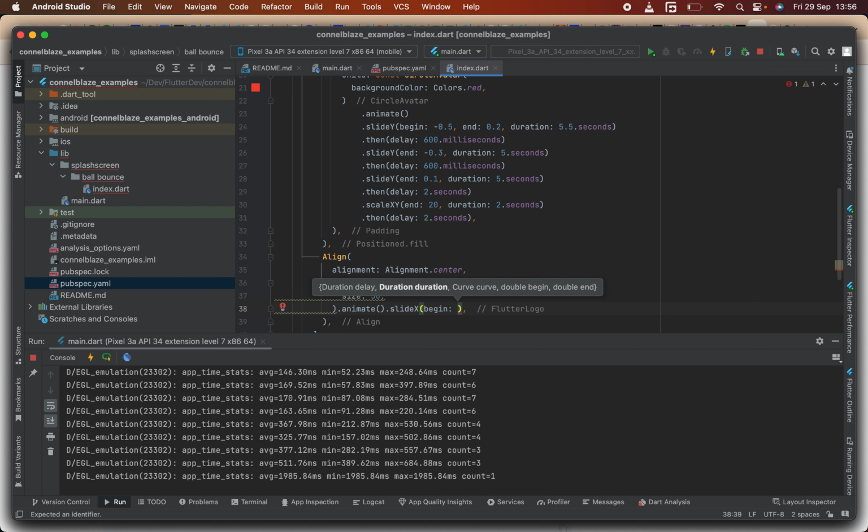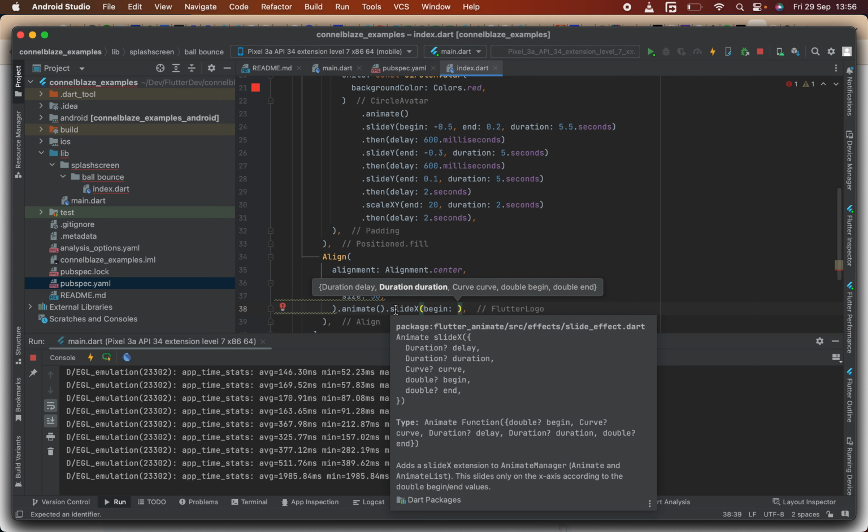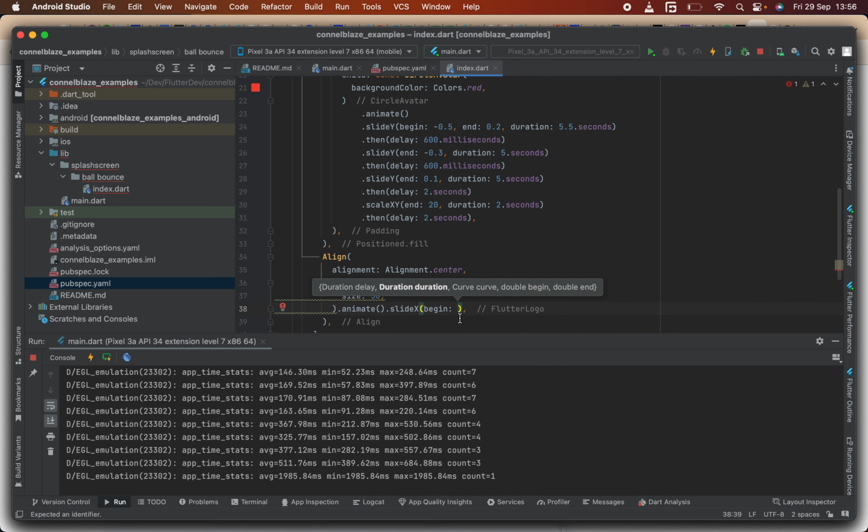So I'm going to go with minus. Before, I think I'm going to go with 3. Let me go with 3, and then duration, of course, 5 dot seconds, so that you see. But if I'm doing 5 dot seconds,